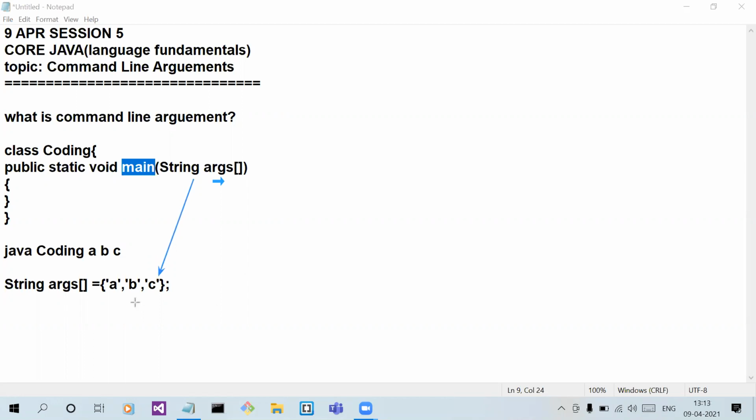This will create a string array like this. If I ask, who is responsible to create this array? JVM. And with what value? The values which are passed from the command prompt, right?